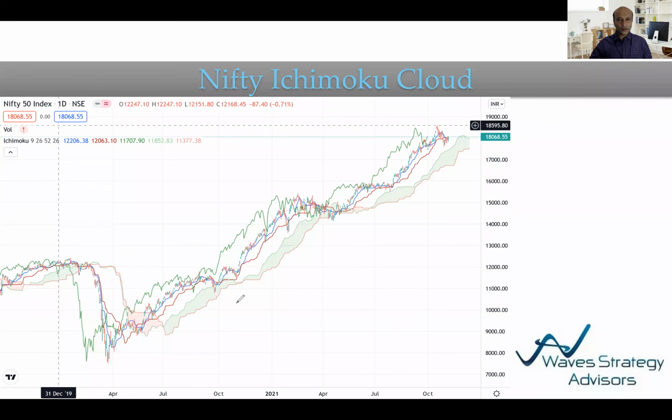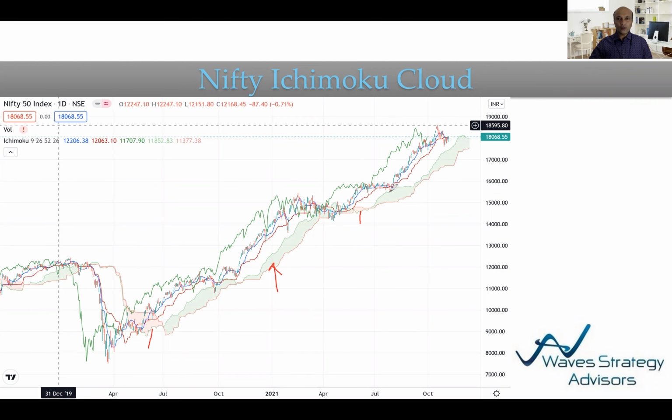If you look at this overall movement in terms of red and green color, that's prices. These are the prices that you are seeing. And this is what we call as a cloud. This is a green cloud. There is a red cloud here, and you can see a minor red here. This is how the cloud is behaving.